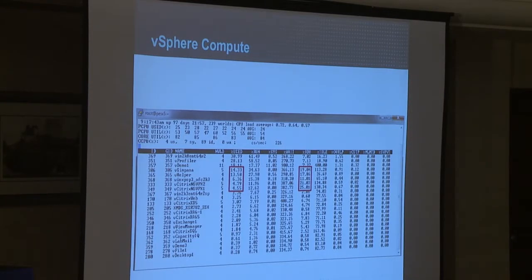So it's not what you would typically see. If you were to look at this from the host tab, or from a CPU perspective at the VM level, you wouldn't see high CPU utilization. But if these were desktops, and some of them are, what you'd be seeing, at least from an end user experience, is that virtual CPU is waiting a large amount of time for physical cores to become available.